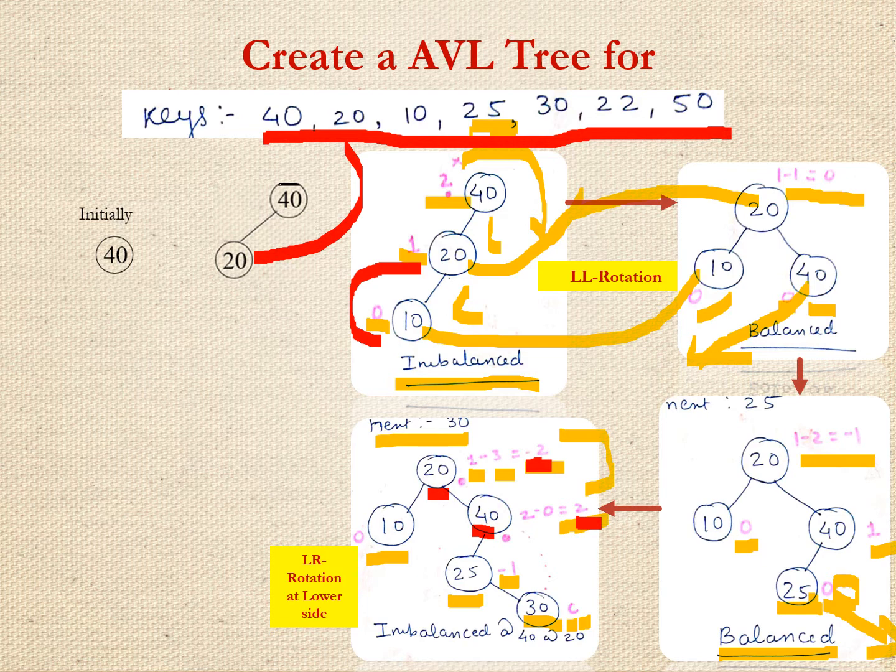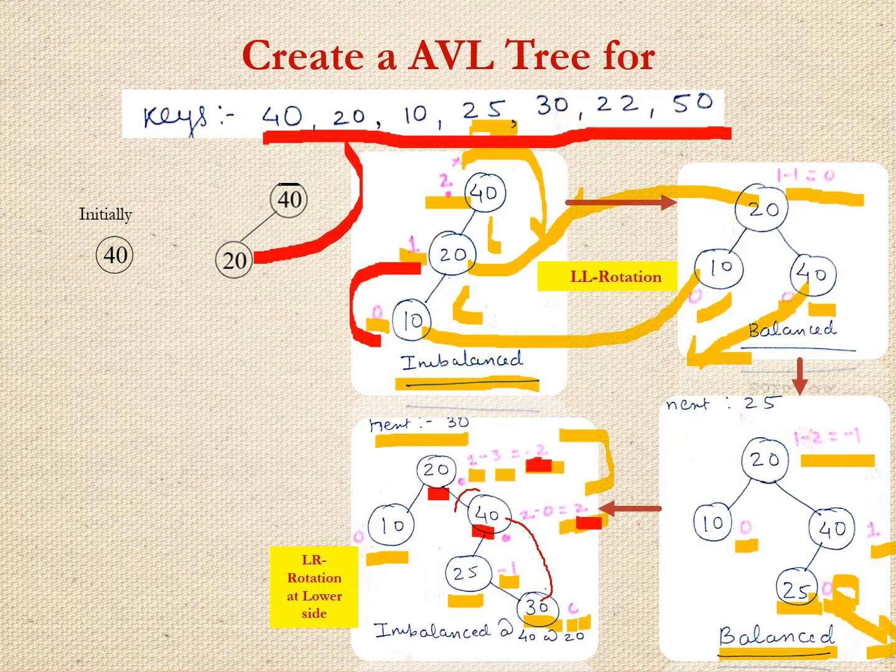So we can verify here the imbalance, where we will be verifying. So this is an LR rotation. So you can shift directly 30 as A, B, C. In the previous we have verified the shortcuts. So 30 will be shifted as a root to your 40, and then your 40 will be coming on the right side of your 30. So please verify that one.